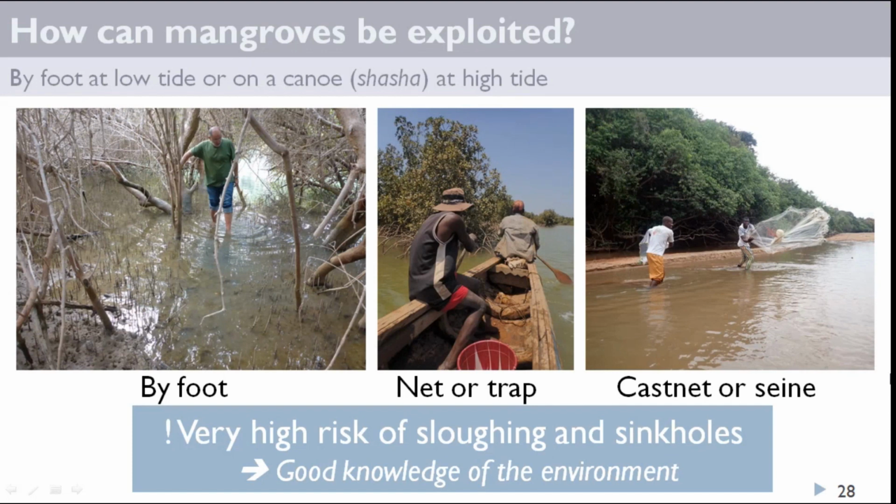You can also evolve into a small boat, and it will be easier to set a net or some small trap. And at the lowest tide, you can also advance and walk a little bit in the water to throw a cast net, as you see in the picture,